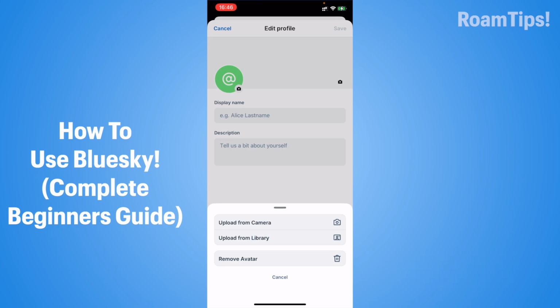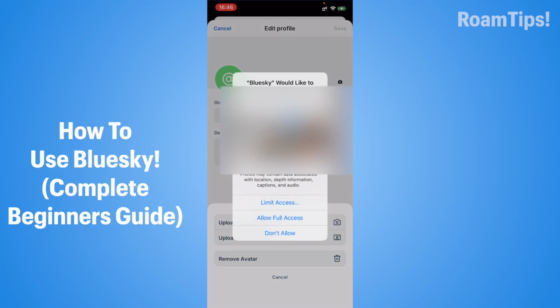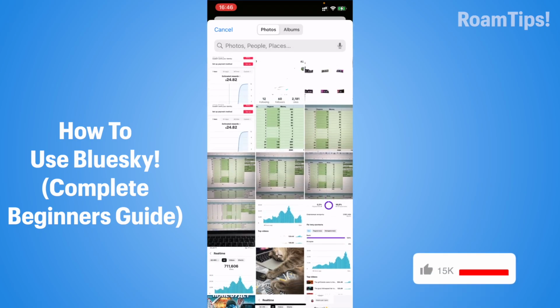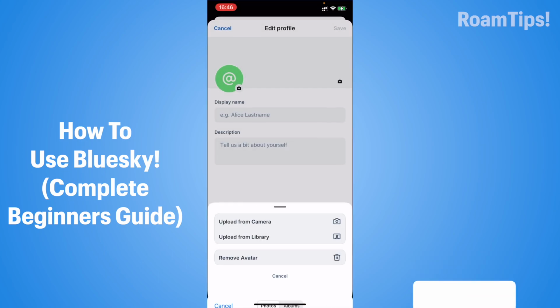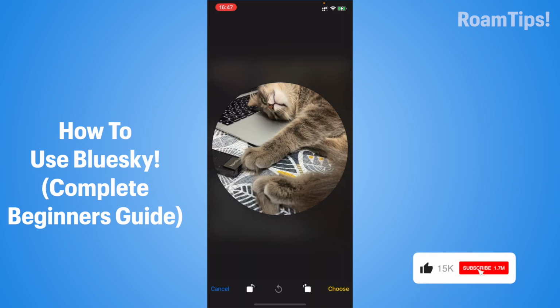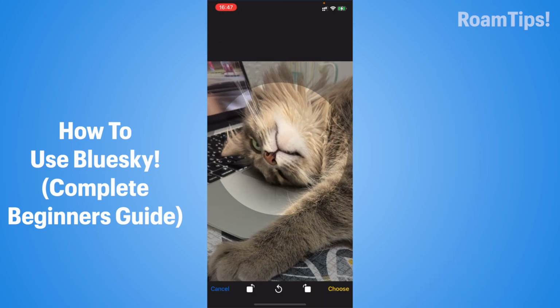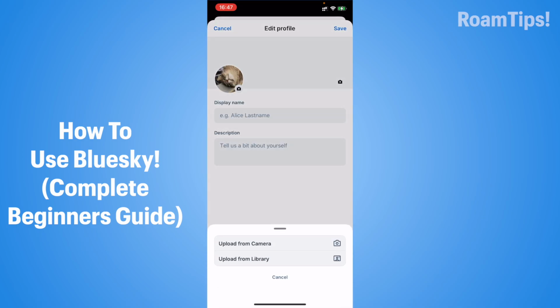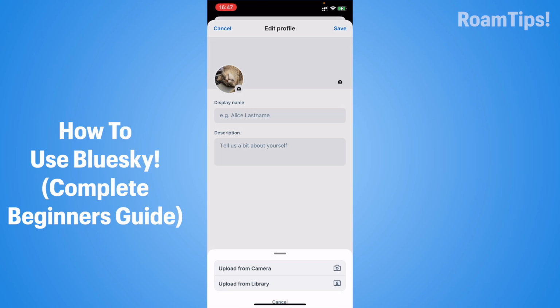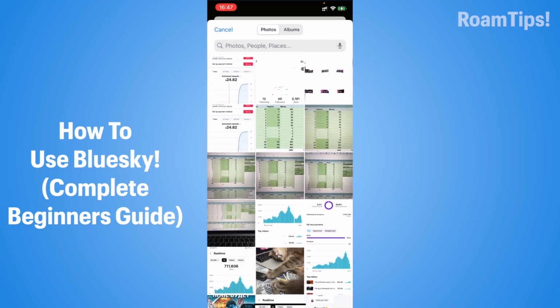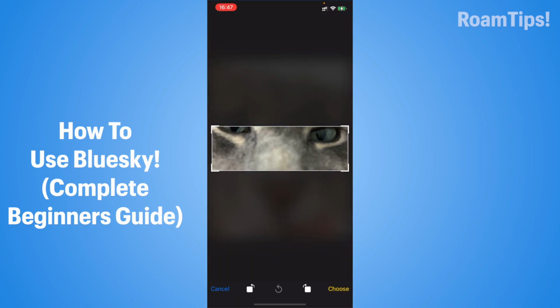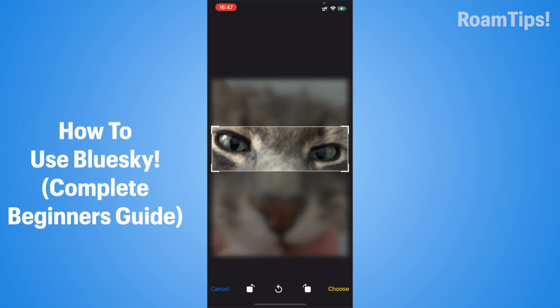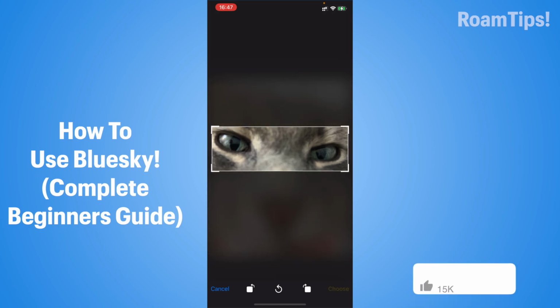library, and select and choose. Alright, and background photo, upload from library. Alright, and click on choose